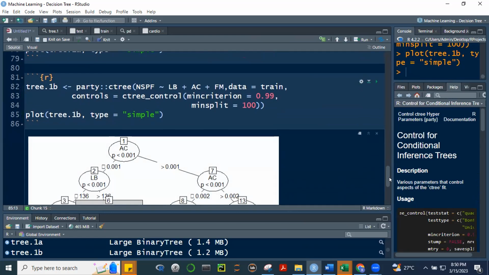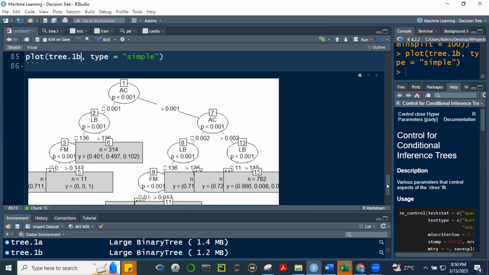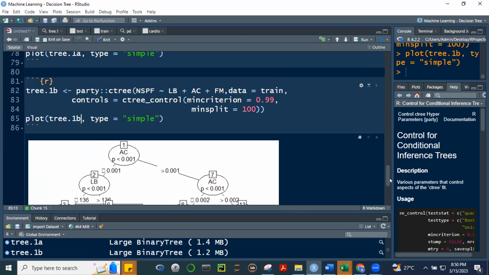Let's see what happens. Mas konti na lang, no? 1, 2, 3, 4, 5, 6, 7, 8 na lang. 8 na lang yung terminal nodes natin. Okay? Alright, ang danger din, class, pag masyado namang konti na lang yung terminal nodes, then it might not be accurate, no?